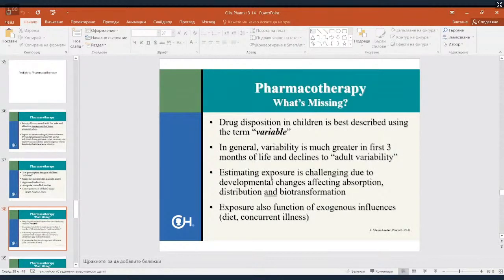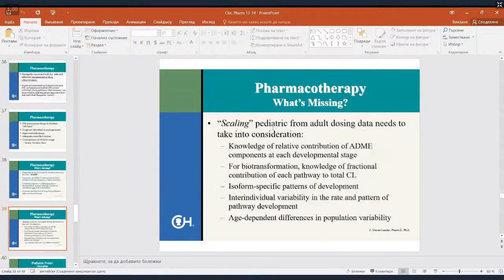The drug's disposition in children is very variable, and as you know, this term is familiar from the first exercises. Again, we talked about intra and inter-individual variability, and in children, this variability is very, very high. Sometimes in children, we use scaling for calculating the dose that should be used in the pediatric patient based on data from adult patients, which is